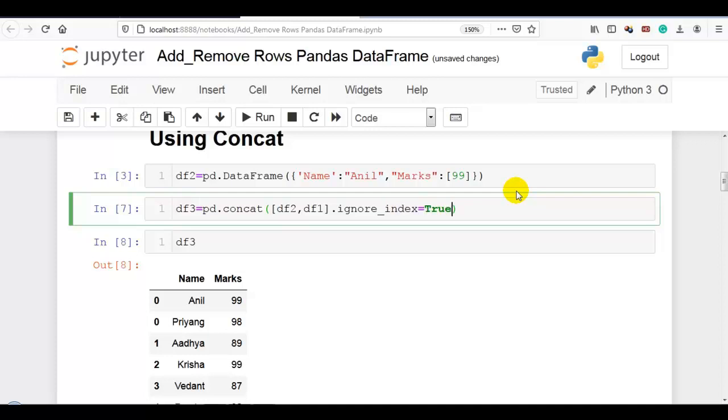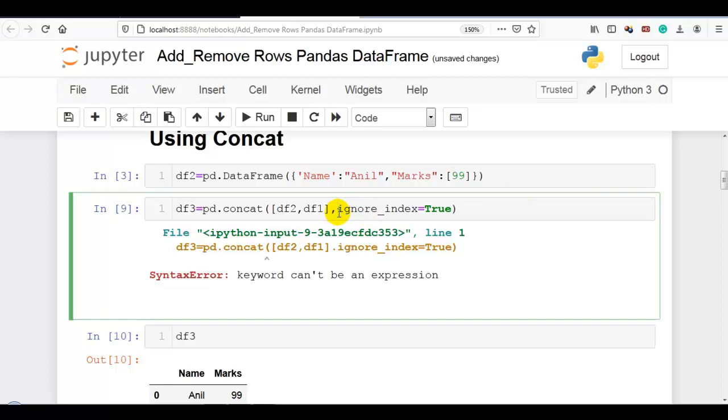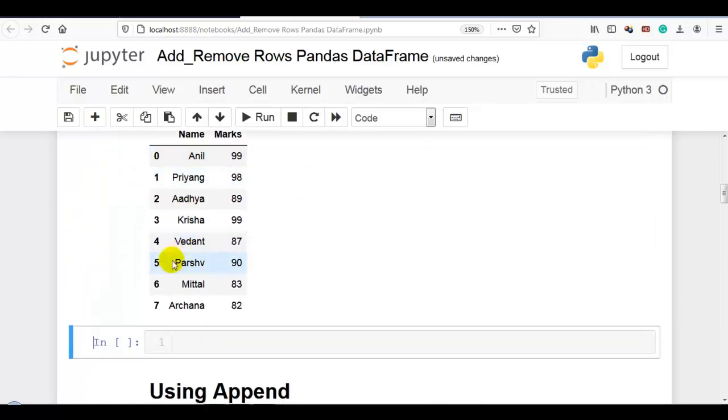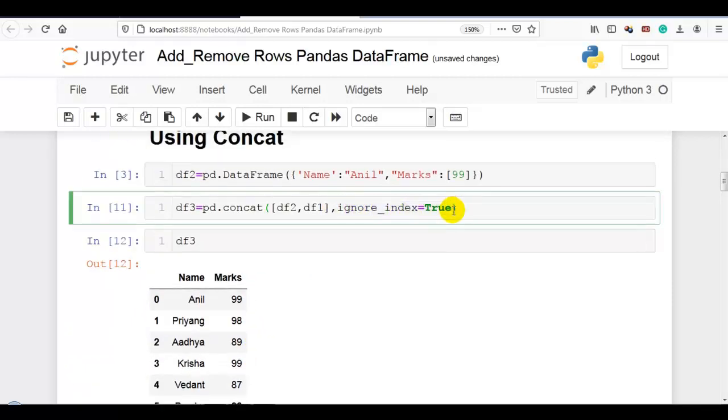So this will ignore the default index and create a new index, that you can see over here: 0, 1, 2, 3, 4, 5, 6 and 7. So we have to write here ignore underscore index to true.